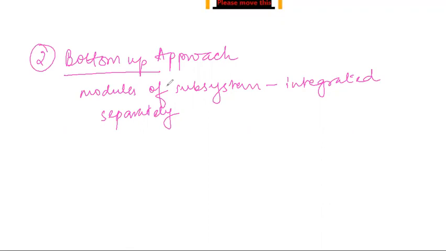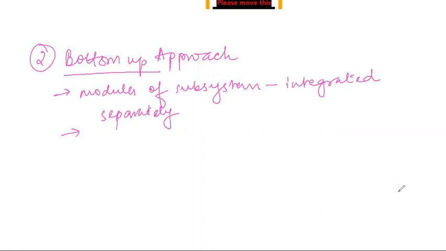So what happens is, in a pure bottom up testing, no stubs are required. So dummies are not required. Only test drivers are required. Now, when my software system is very large, then obviously there will be levels of subsystems. That is, there will be some lower level subsystems, and there will be some higher level subsystems.